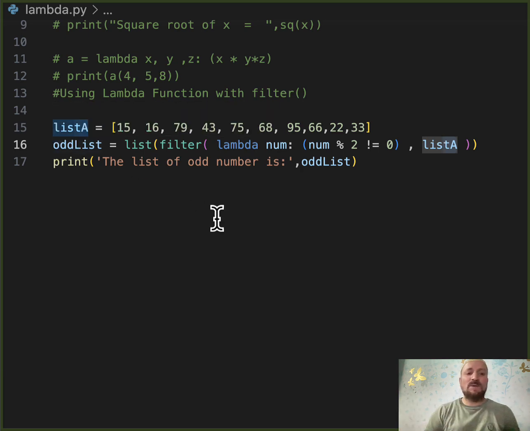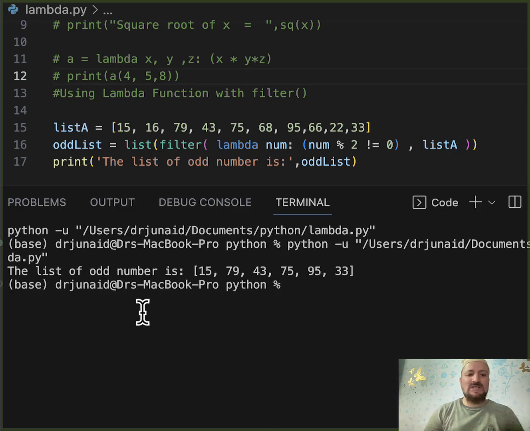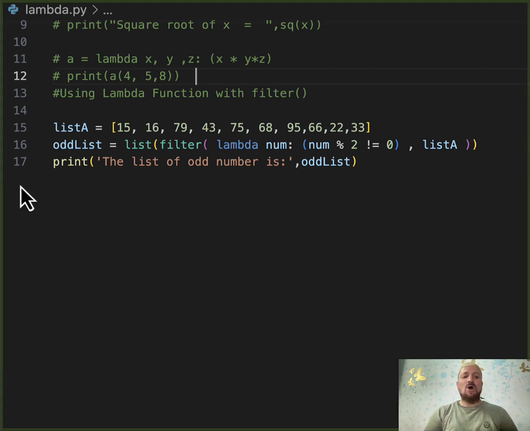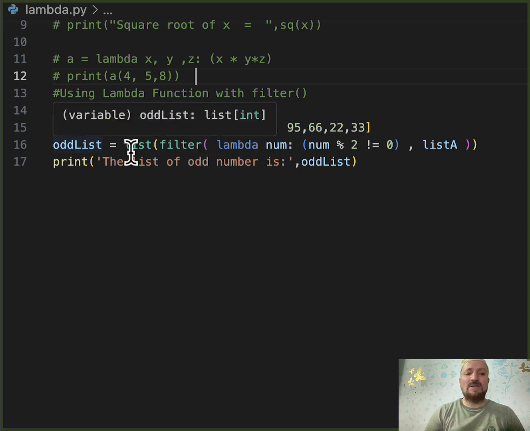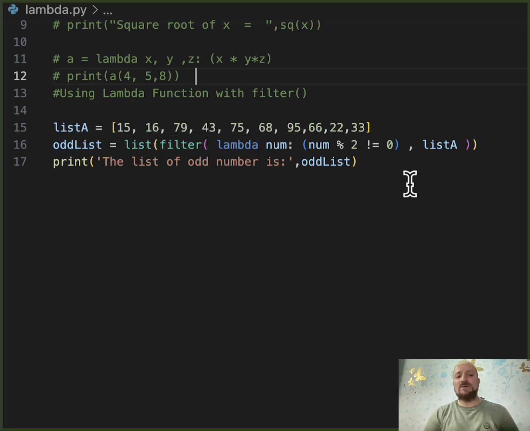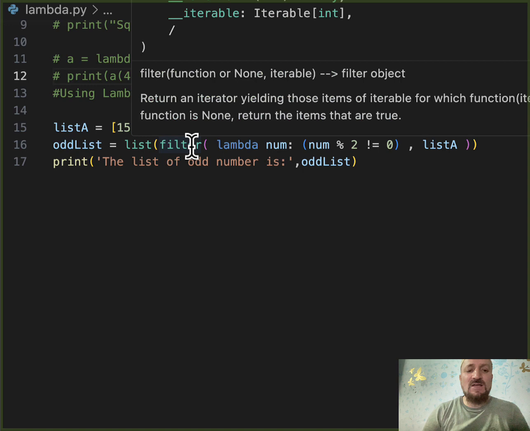ठीक है. तो अगर मैं इसको पहले रन करूँगा, कमांड S to save it and just give it a go, and you will see जो आपने ऑड लिस्ट को प्रिंट किया यहाँ पे, उसमें सिर्फ ऑड आ रहे हैं, इवन ख़त्म. ठीक है ना, इवन क्या है? ख़त्म. क्यों? क्योंकि ऑड लिस्ट के अंदर हम ऑड नंबर्स की लिस्ट बनाते गए, क्योंकि फिल्टर ने क्या किया, पहले